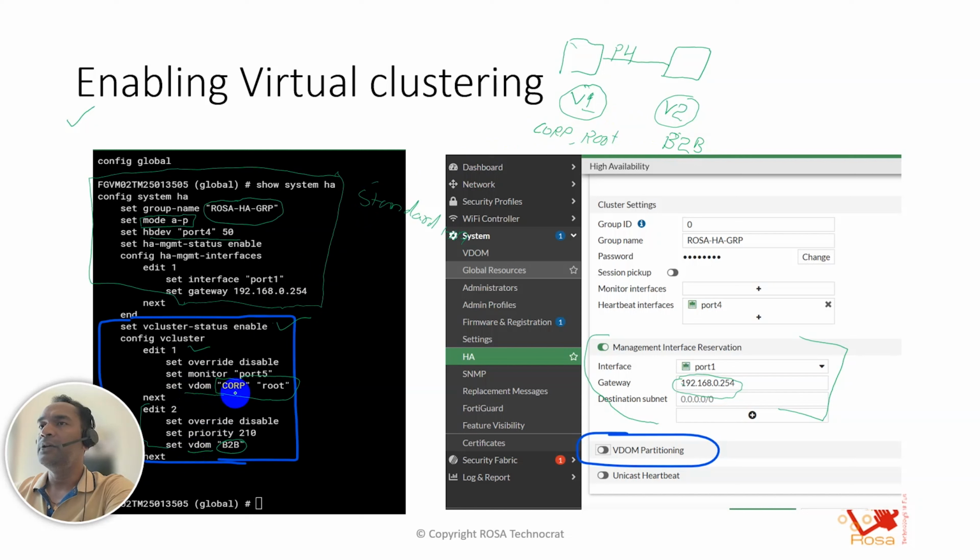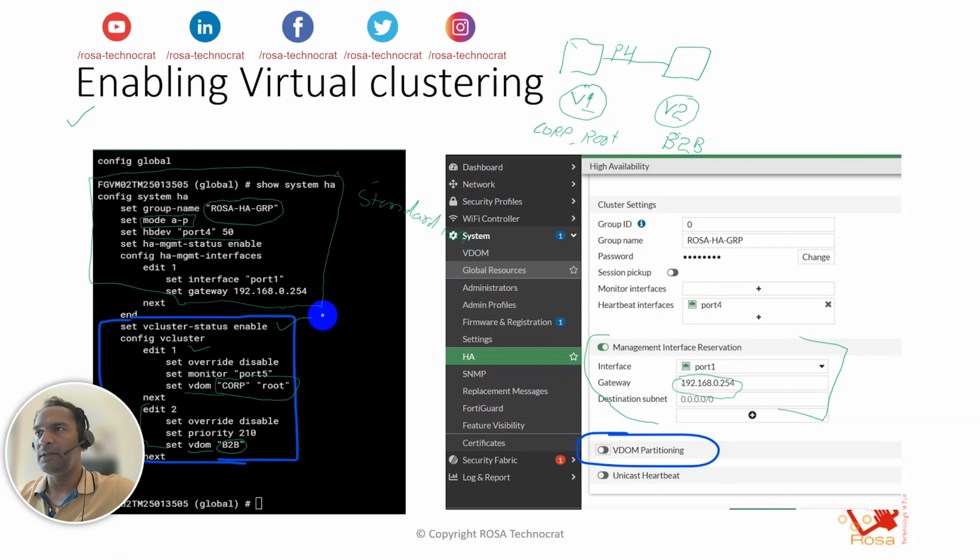Clear? So only this part is the virtual clustering. Like on top of standard HA, you add the virtual clustering, set virtual cluster status enable, and then the VDOMs that you have to define. Once this is done, that means your virtual clustering is configured.